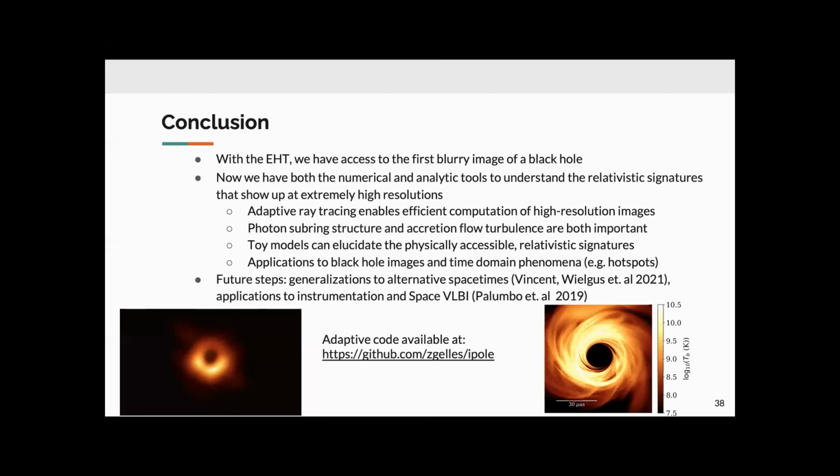Right. Let me ask a last one. So you give us those criteria for resolving or for imaging the zero, first, second, third order photon ring. So what do these criteria really mean? Because it's one thing to have one pixel in those higher order rings,